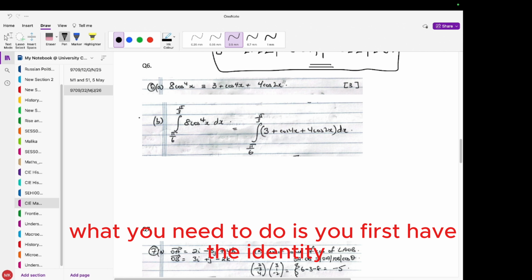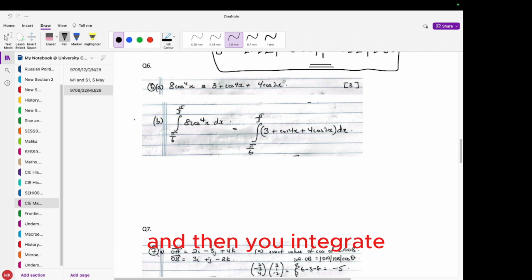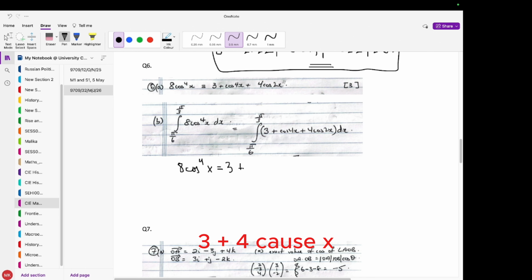So for question 6, what you need to do is you first have the identity and then you integrate. So we have 8 cos to the power of 4x equals 3 plus 4 cos 2x plus cos 4x, and when you